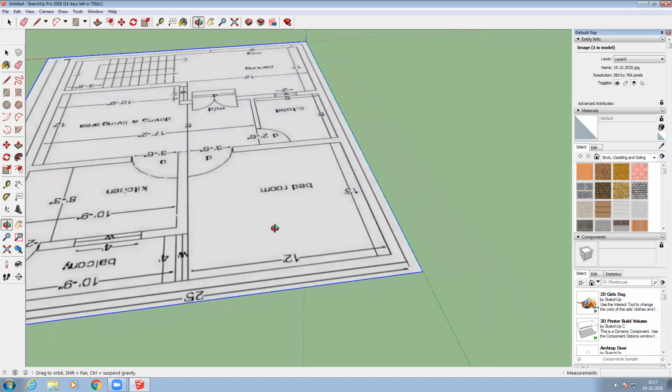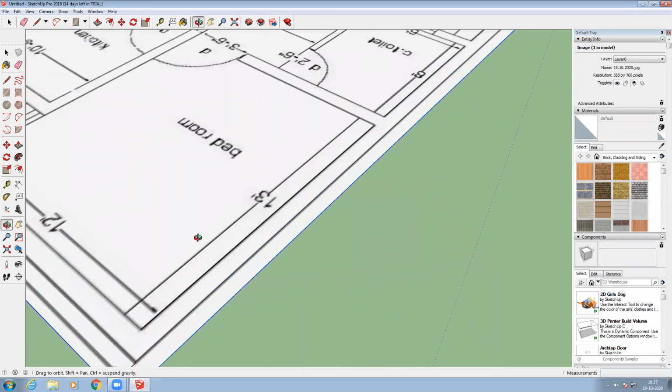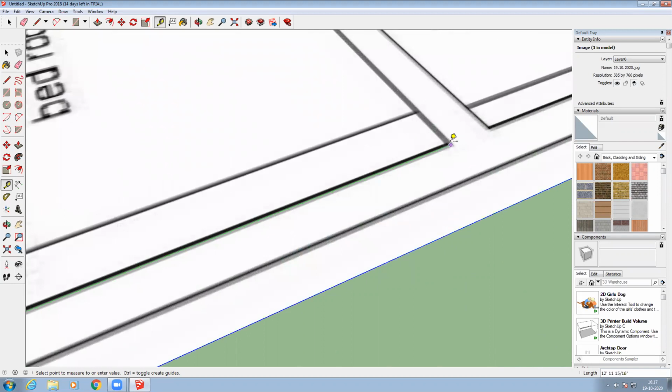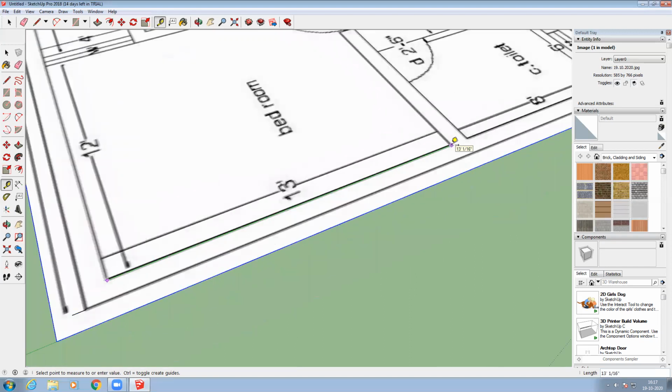If I want to check this line, for example, it is shown as 13 feet, right? Inside to inside dimension they have shown as 13 feet. I just want to check it over here. Nearly 13 feet it is showing, right? That means 12 feet 11 inches or 13 feet. So nearly that dimension will be there, because we don't know the exact point, it may show some error, but it will directly show.